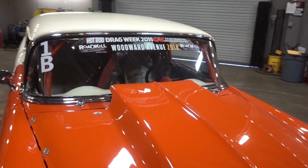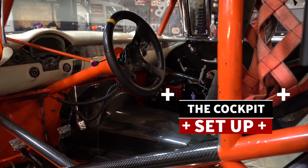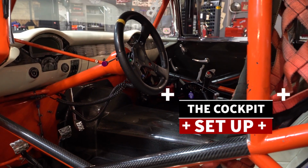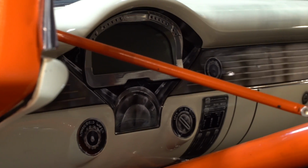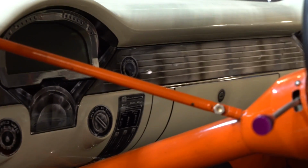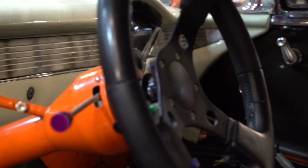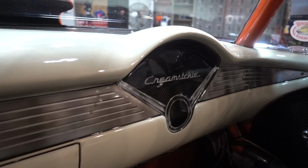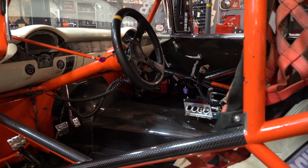Let's check out your office real quick. Okay, first thing, I notice you airbrushed the entire dashboard. Yes, I had a friend of mine airbrush the dash to match the original dash. It is a fiberglass dash. But still, the detail, the time, they put the glove box in it, and the grill for the radio, or the speaker, where it would be. Correct. Yeah. And normally it would say Chevrolet over there, but it says